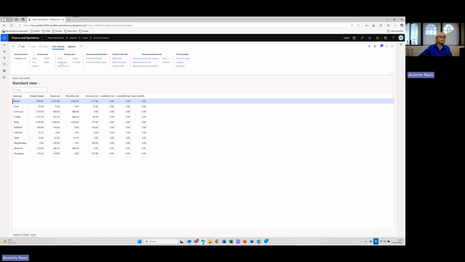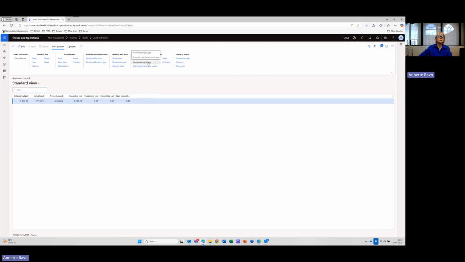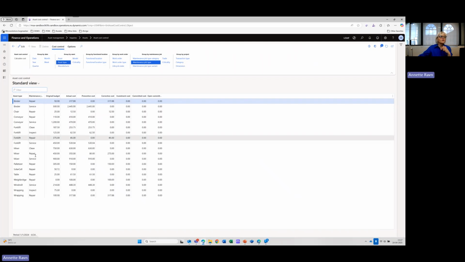I could say I don't care about the asset type, I would like to see it by maintenance job type. So in this case, I can see I do this much cleaning, I do this much inspection, repair, and service. So that's another way to look at it. Or I can do both and say, please give it to me by asset type and maintenance job type. So it does this automatic